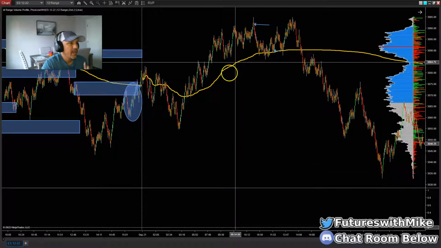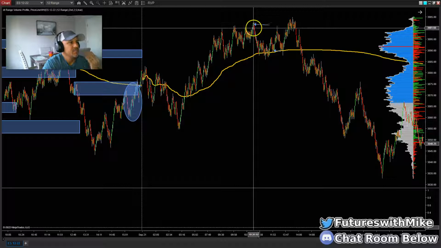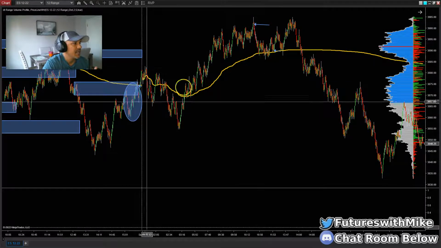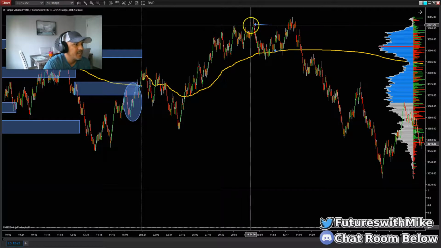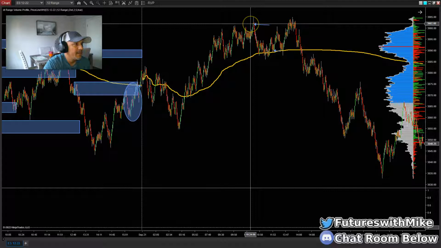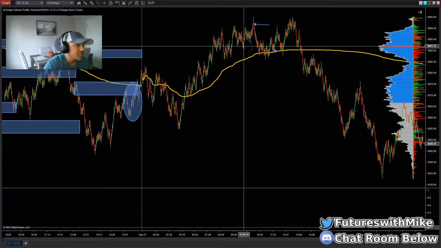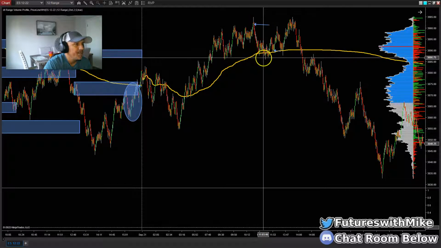Okay, so what I'm trying to show you is that price pivots, turns direction, starts breaking structure back down to the downside. We made these higher highs and higher lows with this leg, this run to the upside. On this move to the downside, what is it doing? Okay, it made a high here. It's taking out structure as it breaks down below it. Took out this area right here. As it broke structure back down to the downside, what did it do?